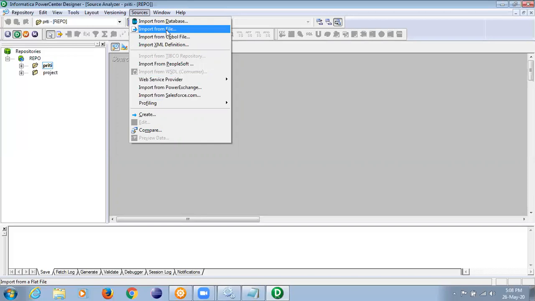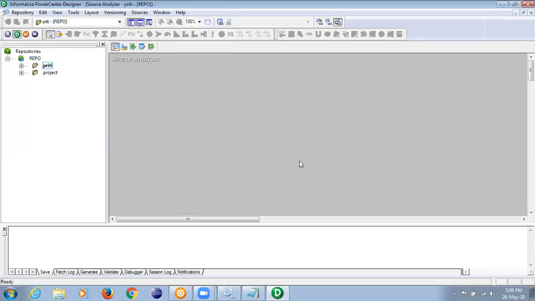Right. So everything in the designer screen, what we will do, it will only be the metadata. Again and again, I am repeating. Informatica never ever holds the data, right?